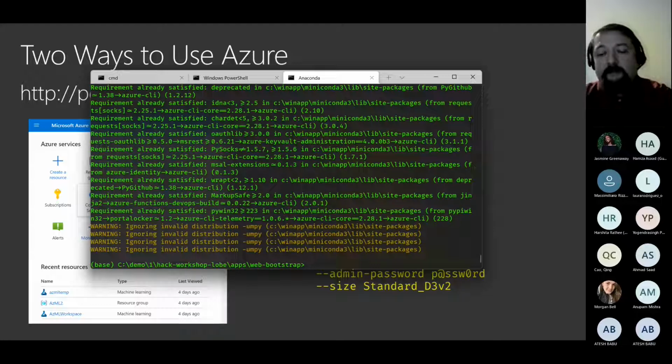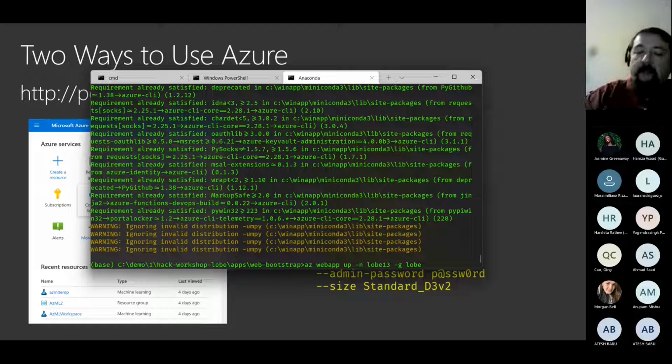And to start a web application, it's actually very simple. You say AZ web app up. So you want to bring up the current directory as the web application, and then you use -n and create a name. So in my case, it would be something like Lobe 13 and -g Lobe. -g is the resource group. Where do I want to place it? And that's it. I will not run it now, but